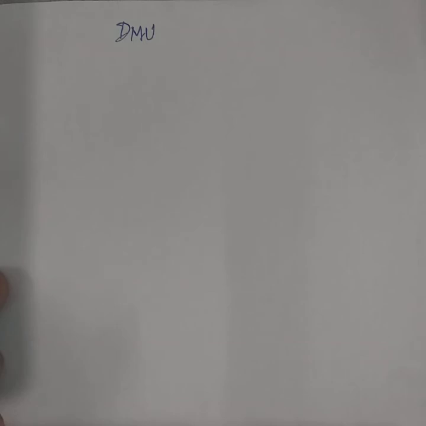Namaste. Through this video clipping, I am making an attempt to explain the law of diminishing marginal utility, how it can be shown through a tabulation, and how you will be able to plot the diminishing marginal utility curve in a diagram. The law states that even as a consumer consumes more and more units of a commodity, the utility derived from each successive unit goes on diminishing.